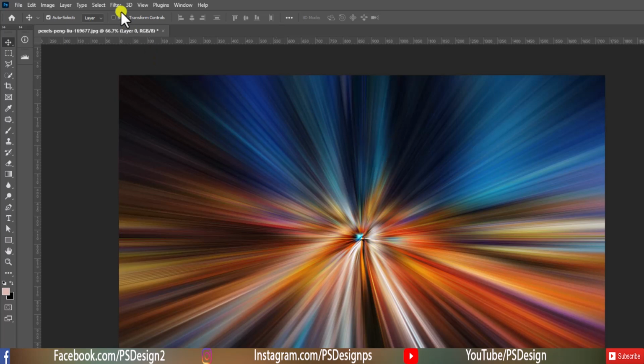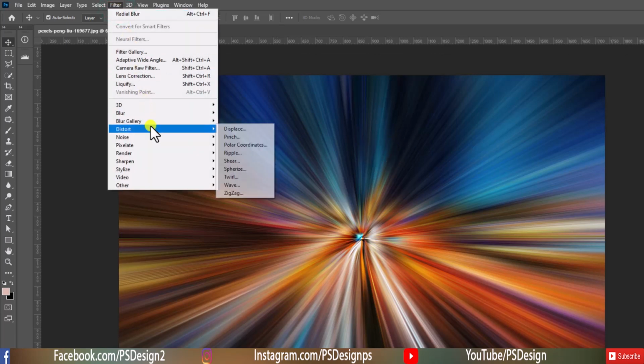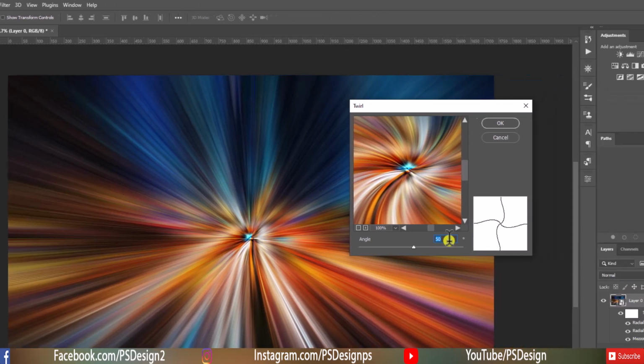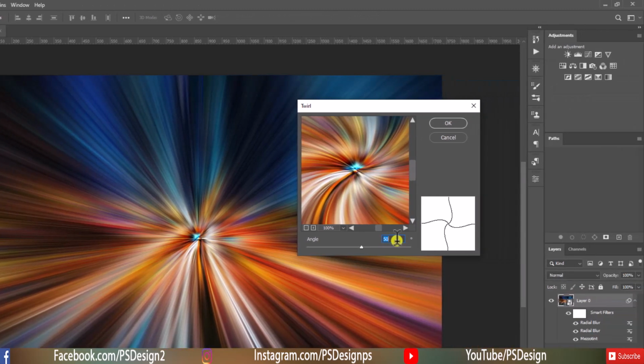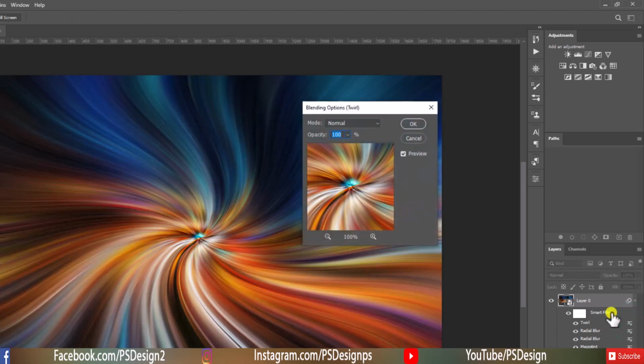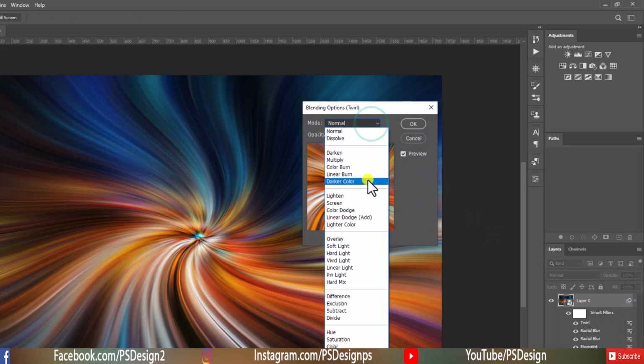Now once again go to filter, distort, and then twirl. And for this angle value you can use any value you like. So for this tutorial I am going to leave it to 50 and then click OK. And now click on this icon so that we can change the blend mode. You need to double click on this icon and now change the blend mode to lighten